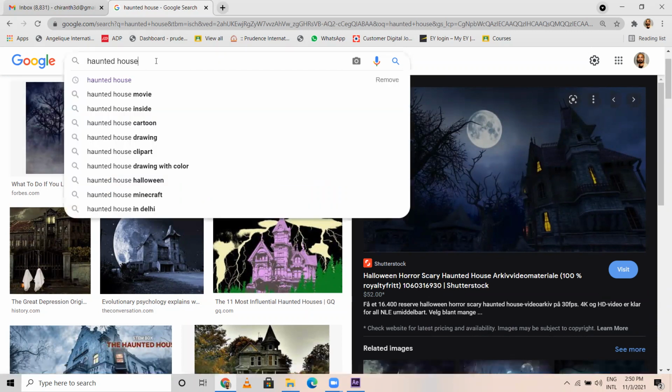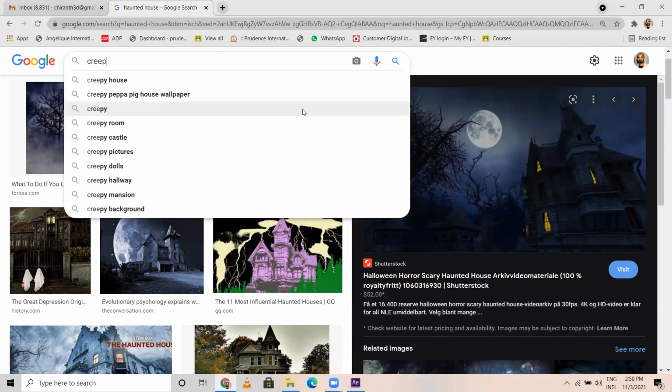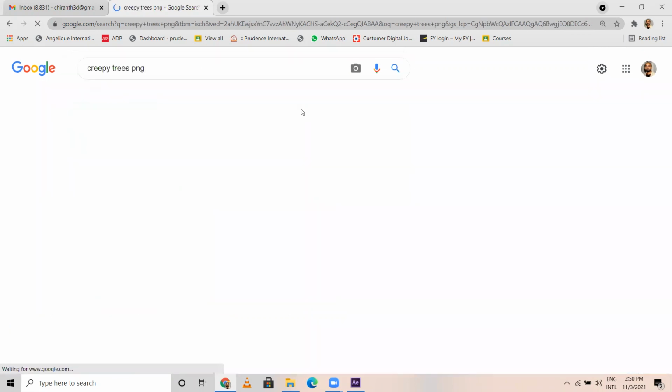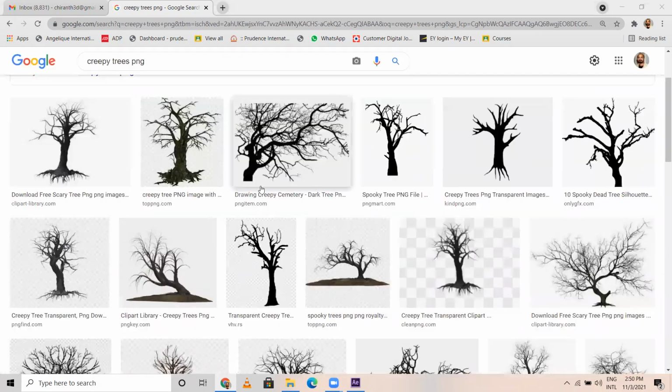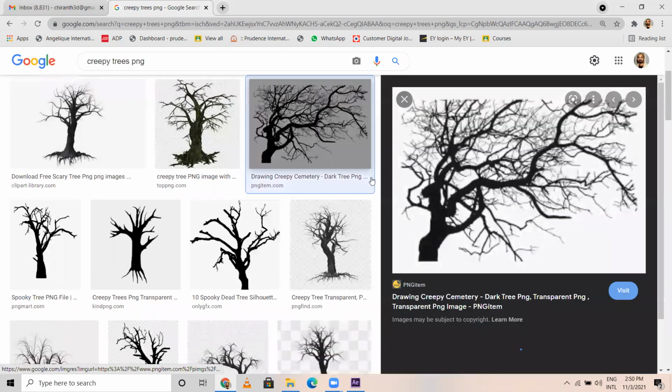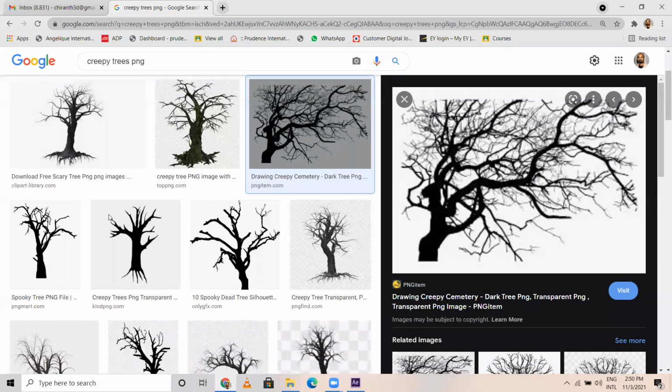So now for this haunted house, we need trees, right? Creepy trees, PNG. Always go for PNG format. Great, we got these trees. Let me pick this tree, and we need to pick PNG.